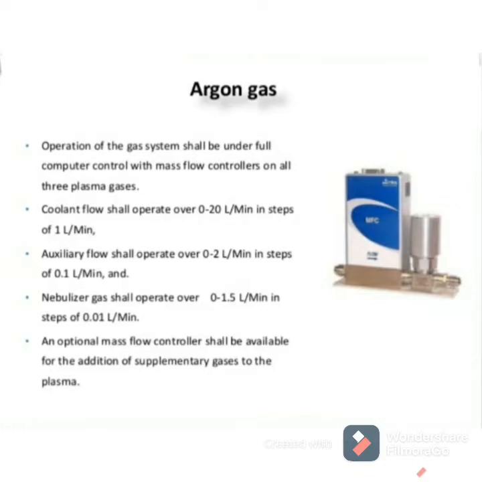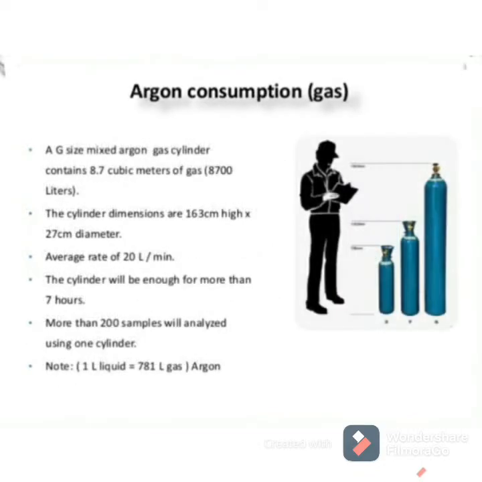Auxiliary flow shall operate over 0 to 2 liters per minute in steps of 0.1 liter per minute, and nebulizer gas shall operate over 0 to 1.5 liters per minute in steps of 0.01 liter per minute. An optional mass flow controller shall be available for the addition of supplementary gases to the plasma. With the help of argon gas, we can